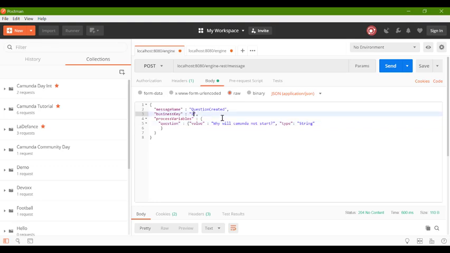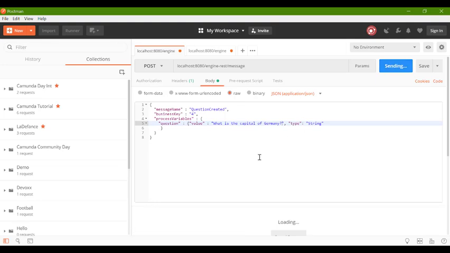Great stuff. Let's add another business key and a different question. This one, how do timer events work? Send that one in. And number 4, what is the capital of Germany?